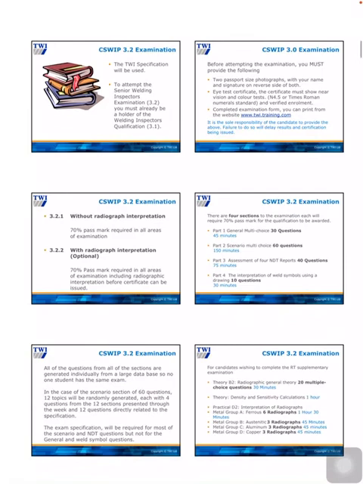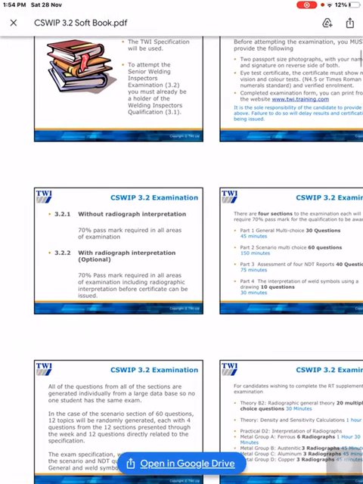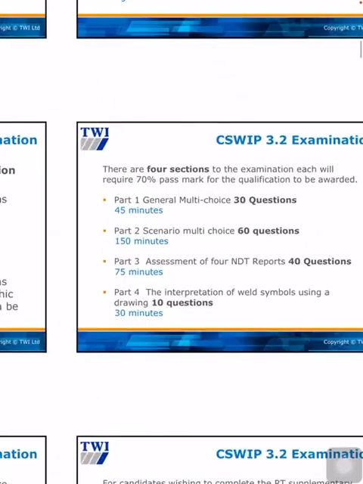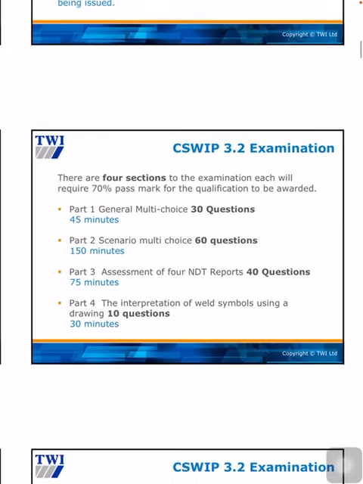If we talk about the exam, there are different parts of the exam. Part 1 is the general exam, which contains 30 questions, and it is a 45 minute exam, and you need to obtain 70% marks in each of these parts. The first part is general, which is a multiple choice exam. This general part is not as easy as it was in CSWIP 3.1,